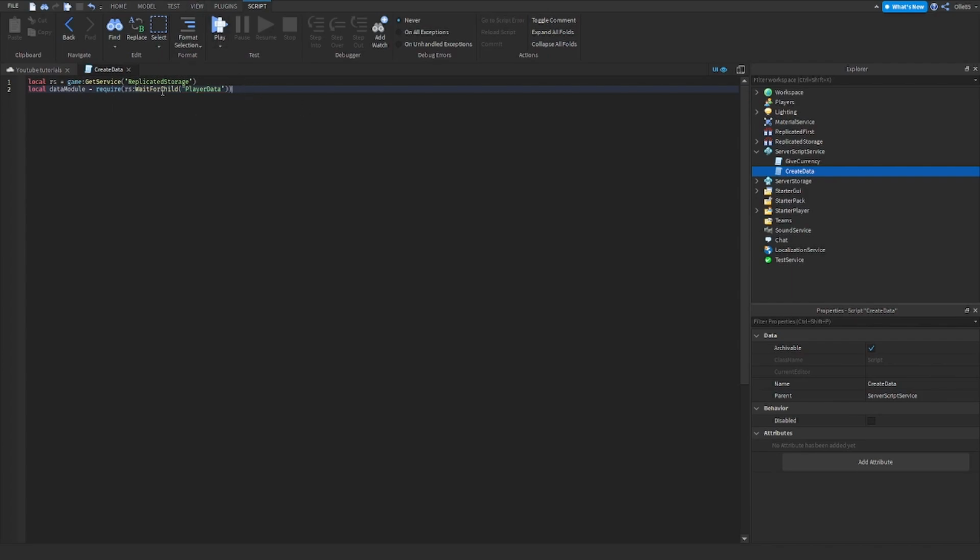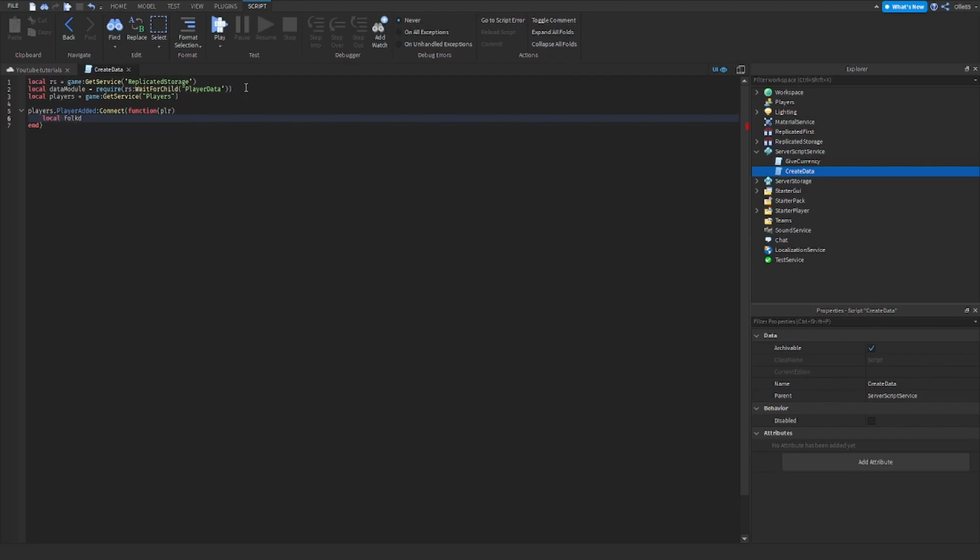And then we want to do local players equals game:GetService Players, so the player service, then Players.PlayerAdded:Connect function, get the player that was added, or the player that joined the game,